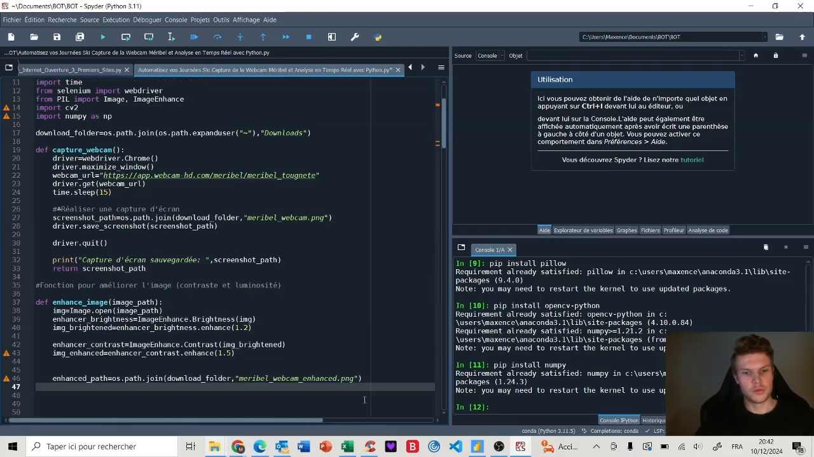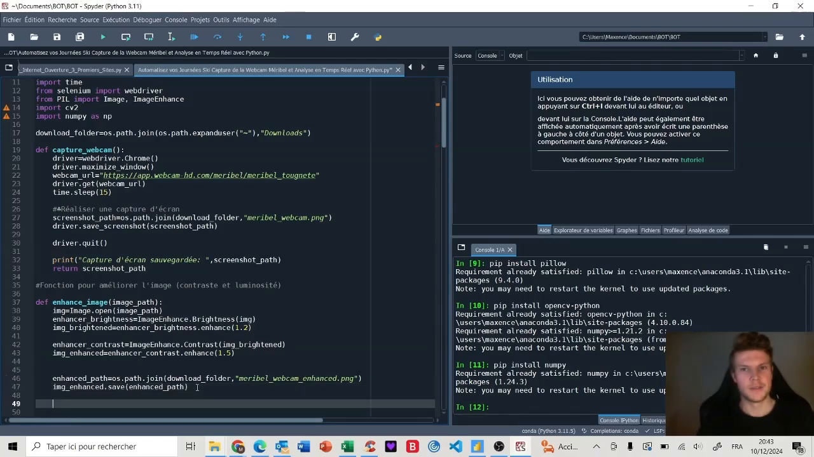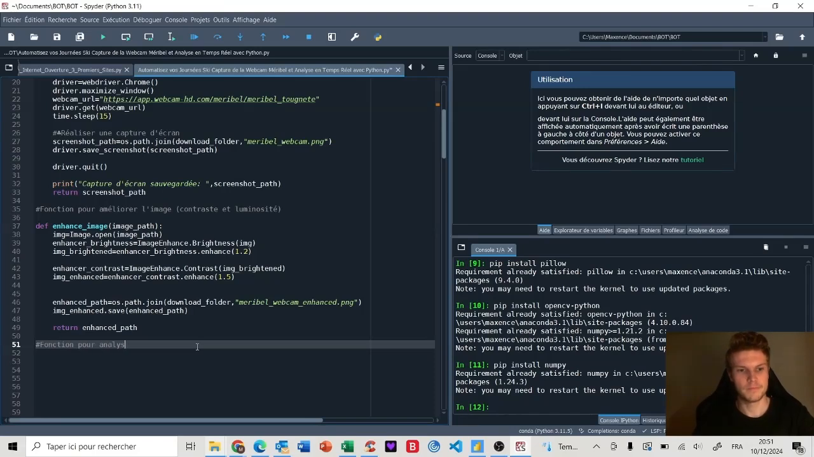And then we're going to create this new action, which is actually going to save the enhanced image we created earlier with the command img enhance.save. And in brackets, we're going to indicate where we want to save it. So here we want to save it in enhanced path. Perfect. Now we'd like to return the enhanced path we were able to do on the previous line. So just save the enhanced image to the enhanced path. So, with contrast plus 50% and brightness plus 20%,